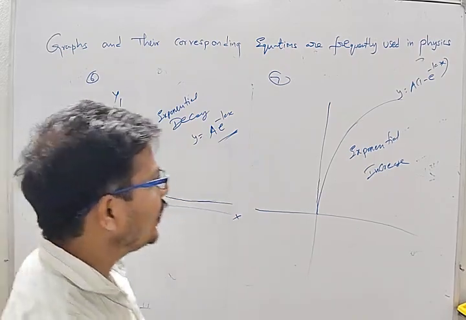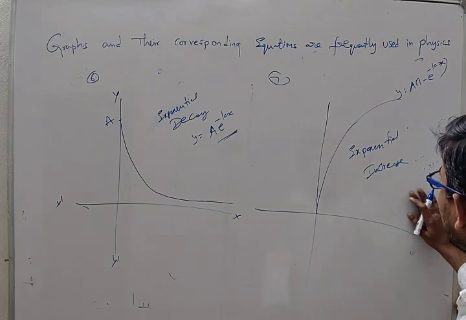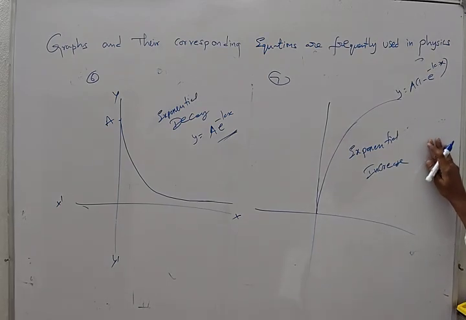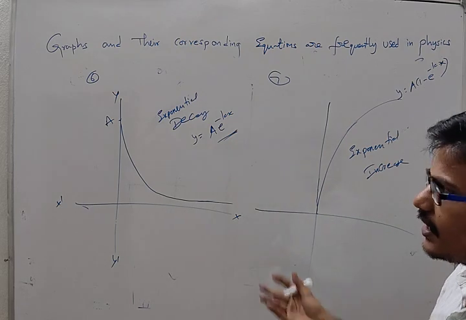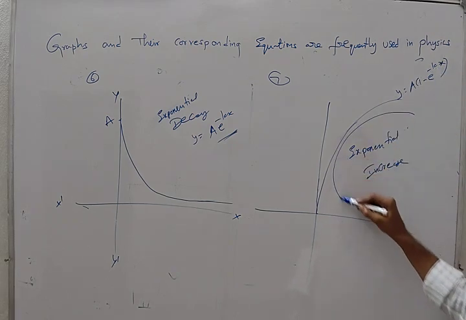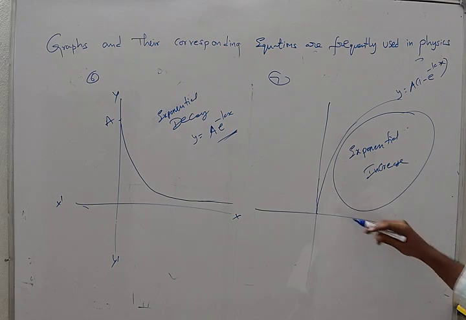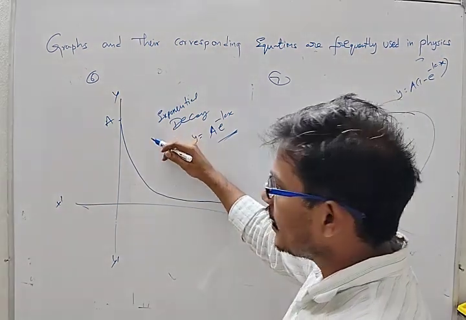And here, exponential increase. This is related to AC and DC concepts. In both cases, AC and DC and nuclear physics related concepts, we have to use it. And here k into 1 minus e power minus kx. x is some values for x, and k is nothing but some constant. It is exponentially increasing, gradually increasing with respect to x values. And here it is gradually decreasing.